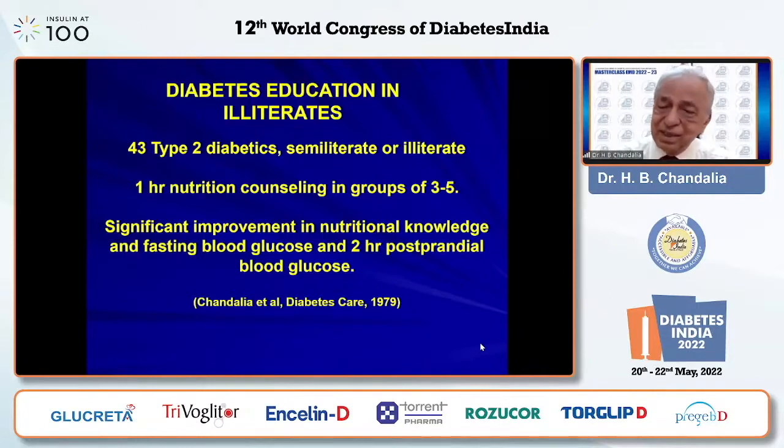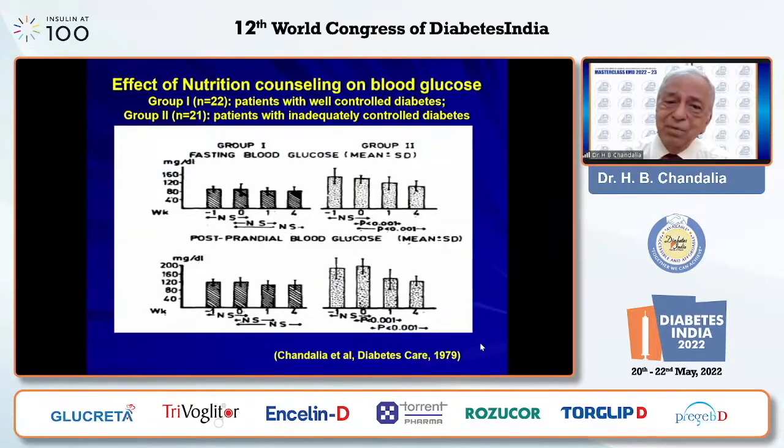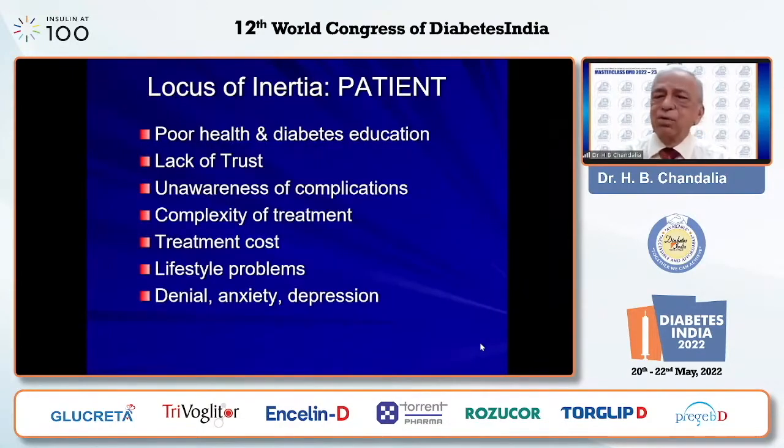You see, we taught illiterate and semi-illiterate people in India, and we showed that it works. Since this was Diabetes Care, this is the type of thing that was accepted at that time, and of course good control was achieved, control improved. There was no A1C even at that time when we published this paper. You see, now the locus is in the